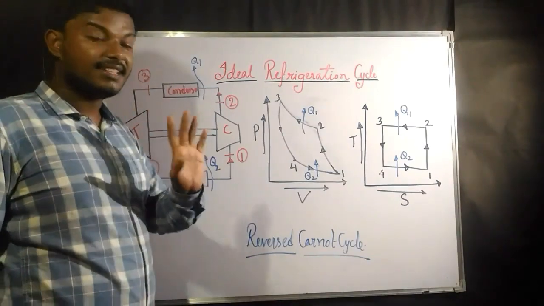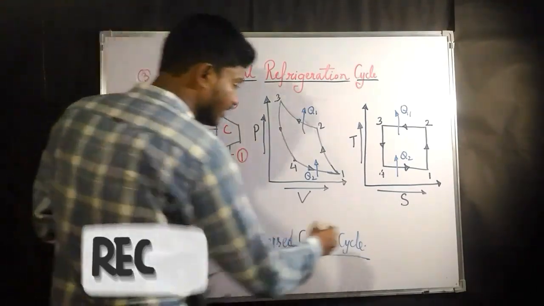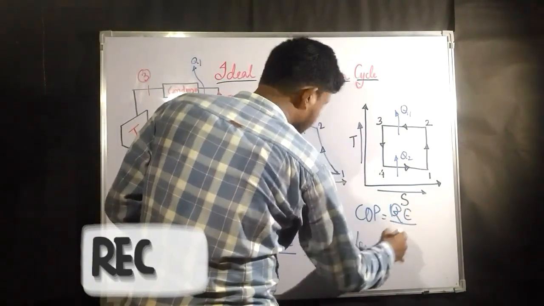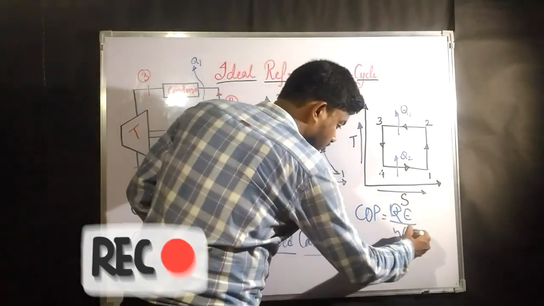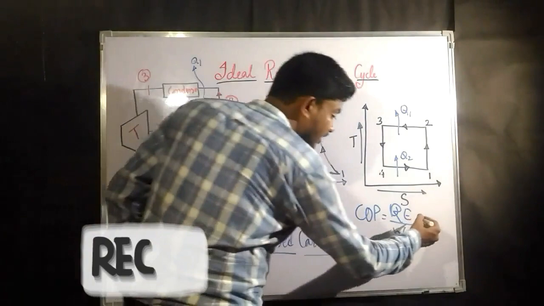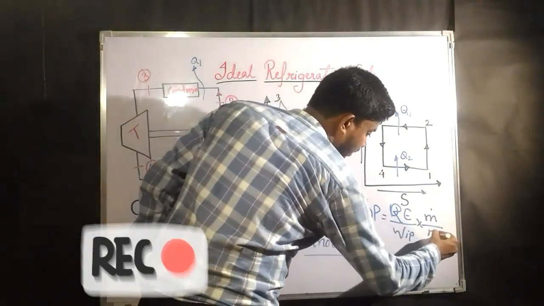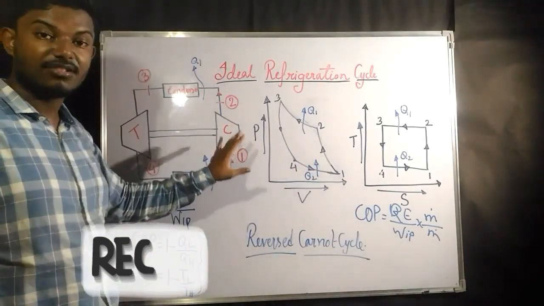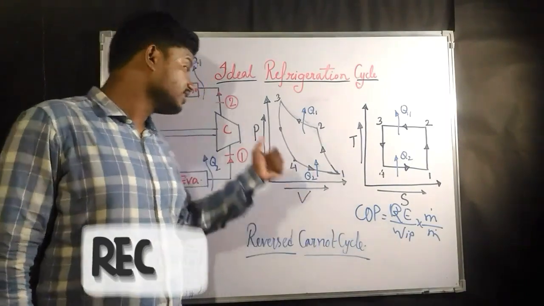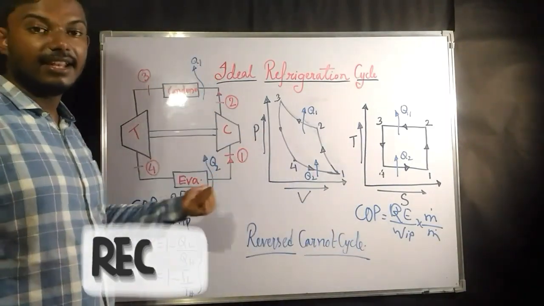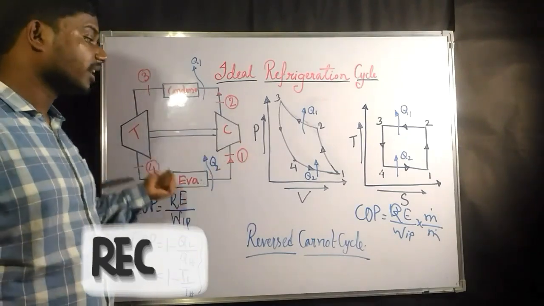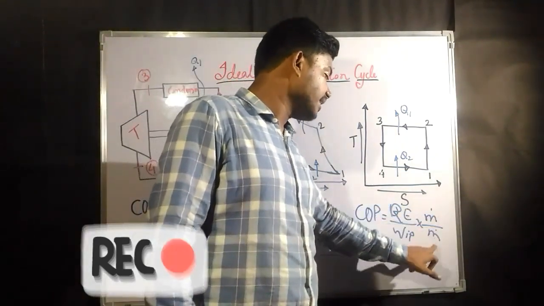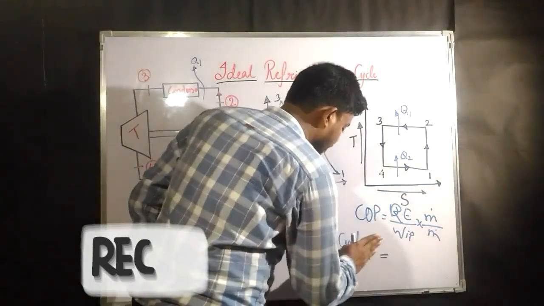Now we have again seen what is going to be COP. COP is nothing but refrigeration effect divided by the work input. Now here you can write the mass flow rate by mass flow rate. Mass flow rate is the mass flow rate of the substance, the refrigerant, which is continuously moving in a cycle to make the process of refrigeration work. So the mass flow rate of that substance is going to be m dot. So we can write m dot by m dot.